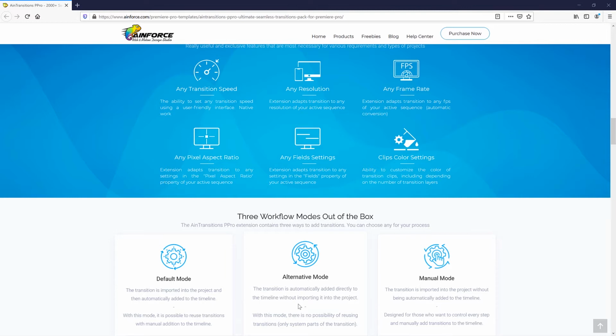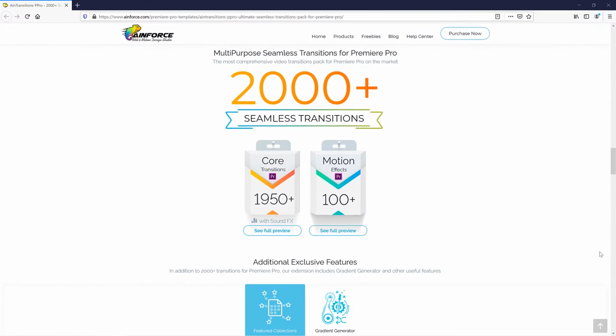And each of these methods has other super useful and unique features, such as work with any sequence resolution, any pixel aspect ratio, and any frame rate, and the ability to use any transition speed without any additional actions. Considering also the most diverse package of transitions, all this makes our product a truly unique solution for the market and users of Premiere Pro.